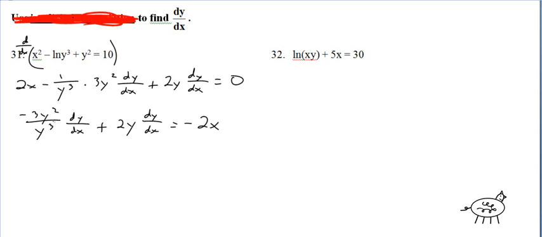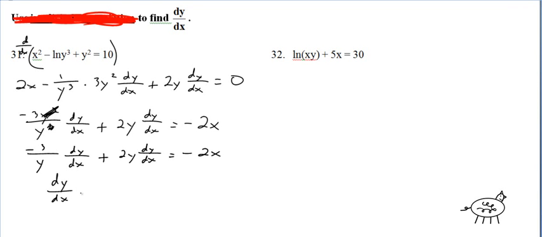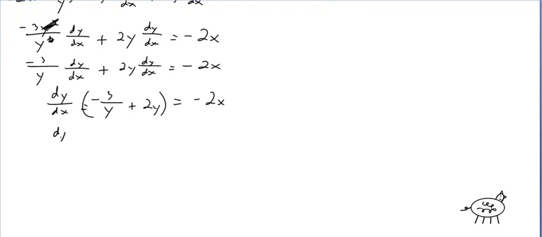All right, and I can simplify this first guy here. That's y squared's gone, and it's just a y there. So it's negative 3 over y dy dx plus 2y dy dx is equal to negative 2x. Okay, so I'm going to factor out dy dx. Oops, times negative 3 over y plus 2y equals negative 2x. And then I get dy dx is equal to, I'm just going to have negative 2x,